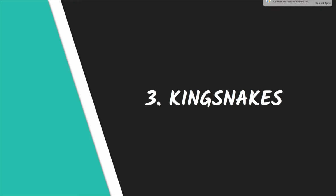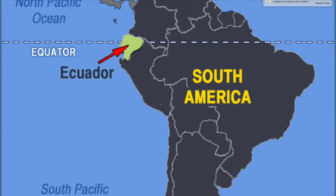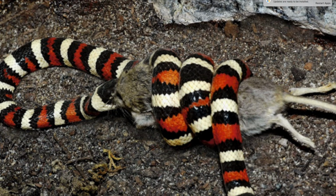The next one is the king snakes. King snakes are New World constrictors, members of the genus Lampropeltis, which is again a scientific term for classifying animals. These king snakes include milk snakes and other species, and among these, 45 subspecies are recognized. They are found in regions from southeast Canada to